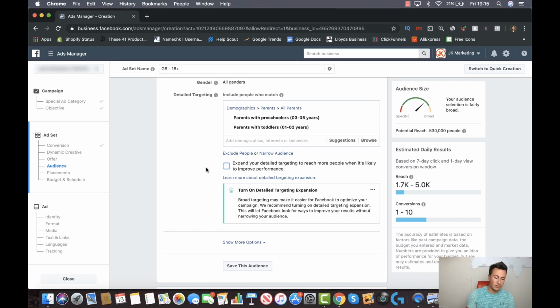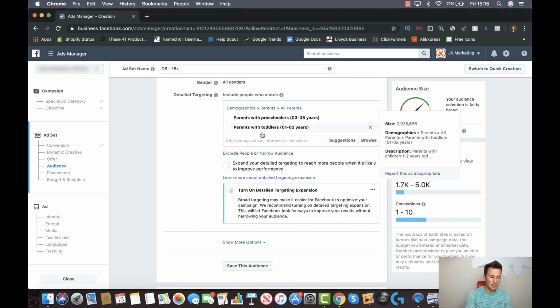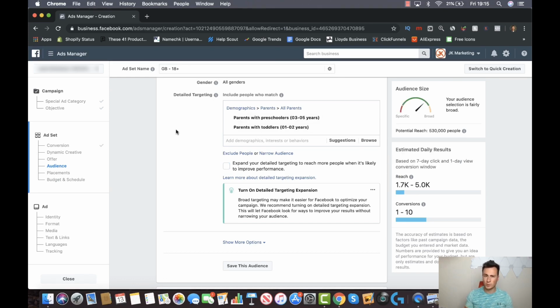Now that can be a good thing because it means you can get better results, but in the beginning, if you're new to Facebook ads, you want to know that what you're doing is working, and by selecting this box, you don't know whether it's your targeting or whether Facebook knowing who to show your ad to. You don't know what's working, but by leaving this unticked, Facebook is going to stay within the parameters you've selected. So if it doesn't work, you know it's because of something that you've done, and you'll very quickly learn what